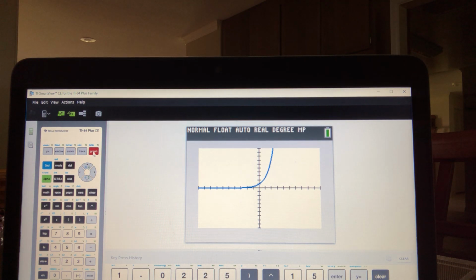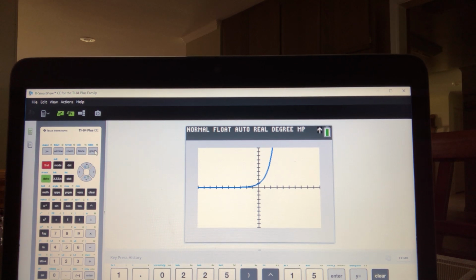function. Now notice this looks a lot like number 1 that we did a little while ago. The reason for that is because it's still an exponential function, and it's still an exponential growth because it's rising from left to right. And it's a growth because the base of it is the number e, the natural base e, which is about 2.71828 and so on. So it is a growth because it's more than 1. So you will still have an asymptote on 0,